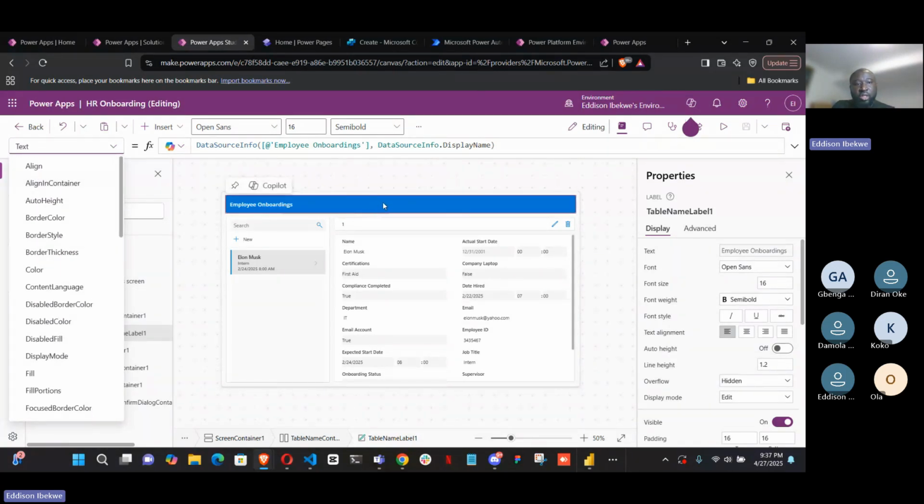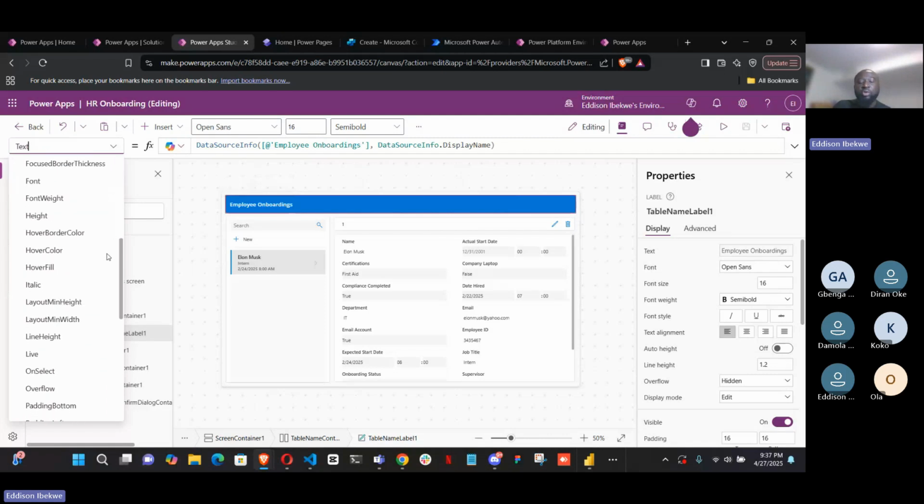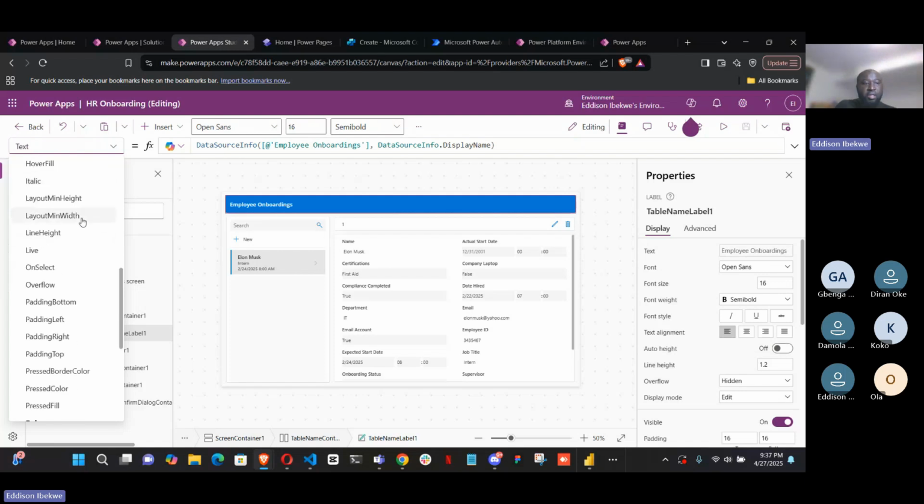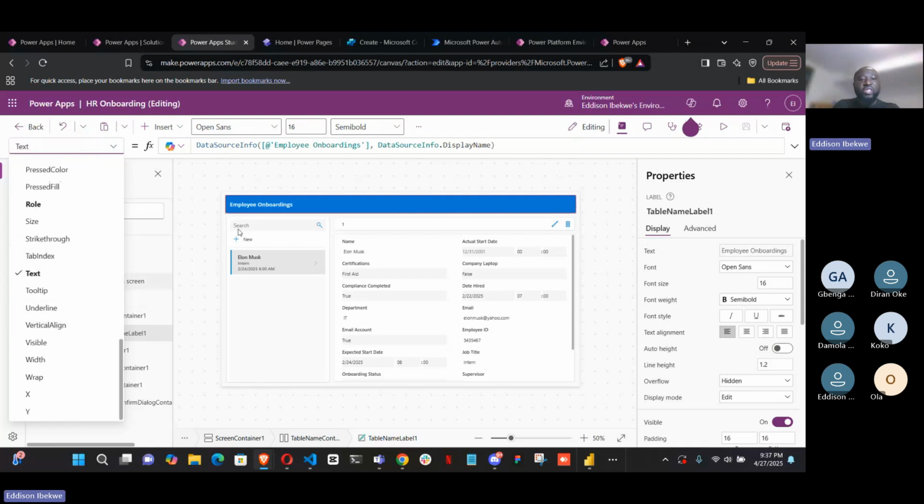Just as I'm touching this thing, this banner or label, whatever you want to call it, it's used as an app banner. It has several properties, and you can play with it. That's what makes a Canvas app not too rigid. You can play with it and all of that. All of these things you are seeing now are things you can edit within a single property, a single item. This one, you will come here, it's called a label, and this is the